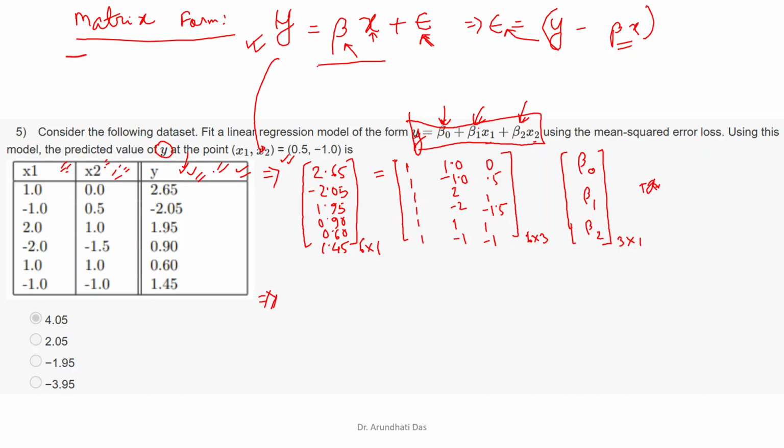Okay, so how can we compute that? This beta matrix, ultimately we need to compute this beta matrix. For that, one normal equation is there. The normal equation for this least square method for the regression is